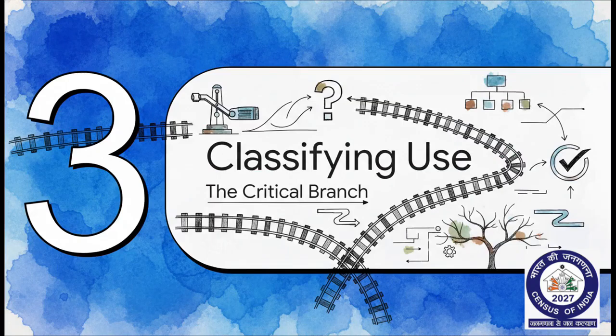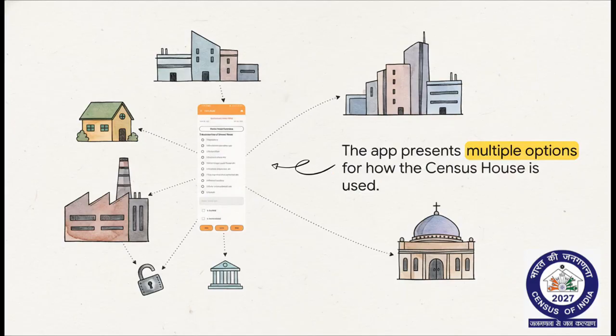Pretty cool, right? Okay, this next section is absolutely 100% crucial. Your answer here, it's like a switch on a railway track. It decides which set of questions the app is going to send you down next. As you can see, the app gives you this whole list of options, everything from a simple resident